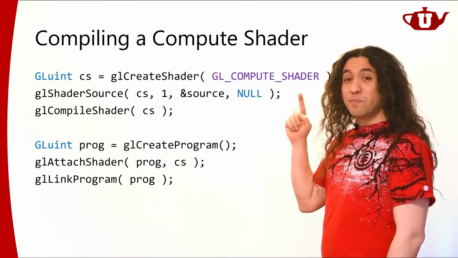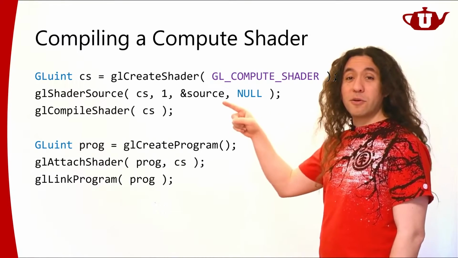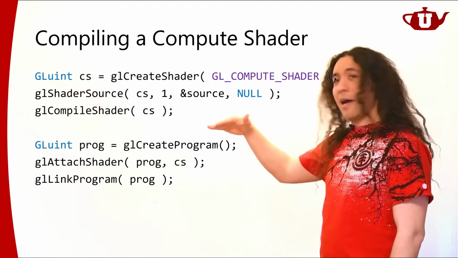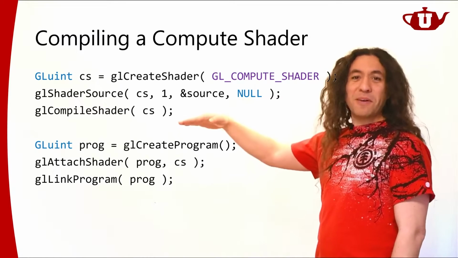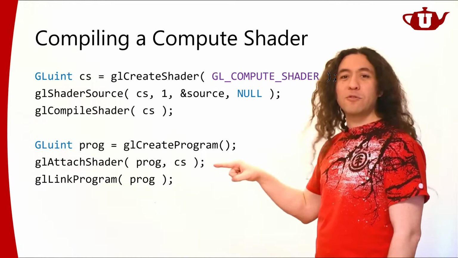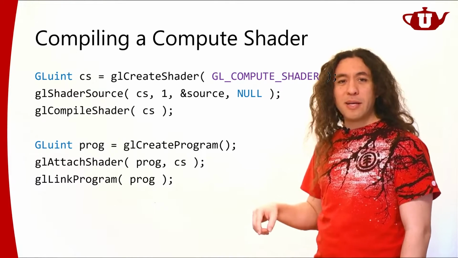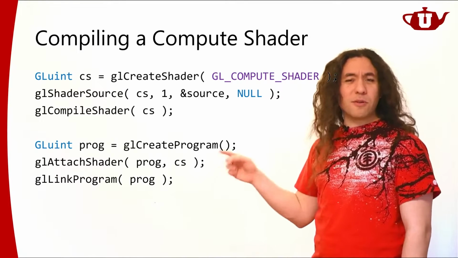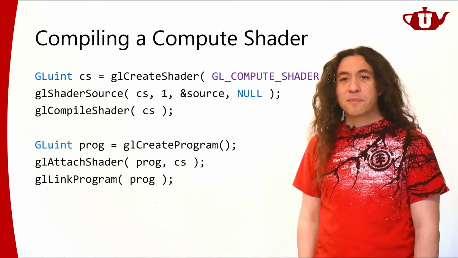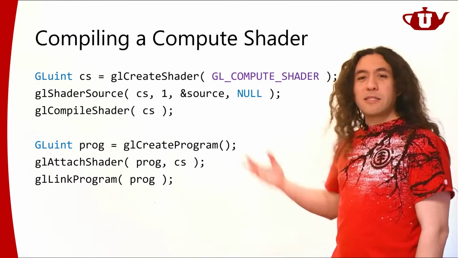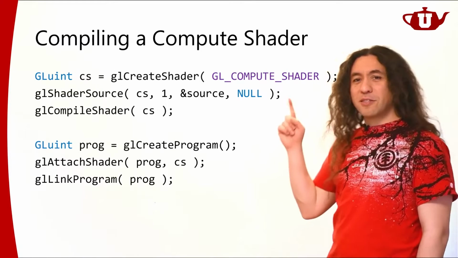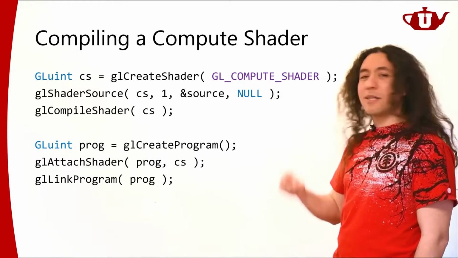So I compile my shader. This is my shader source code. I compile it, and of course I should check for errors here. And if it compiled successfully, I can just attach that one shader into a new program and link the program. Link? What link? It's just one shader. Yeah, so it's just going to be basically a program that contains only a single shader. That kind of makes sense, right? So I think that this part is relatively trivial. It's even simpler than any other shader. Over here, I just have a GL compute shader type.